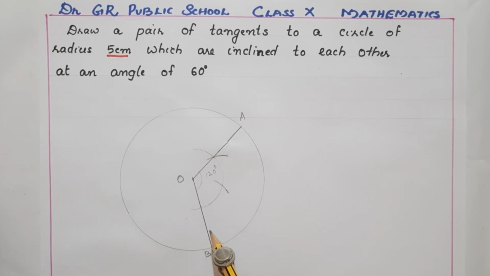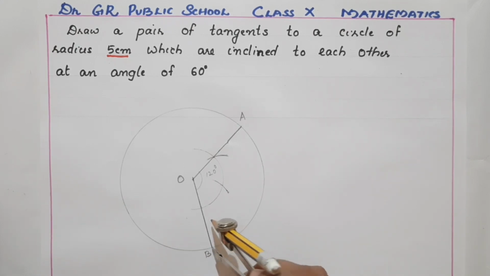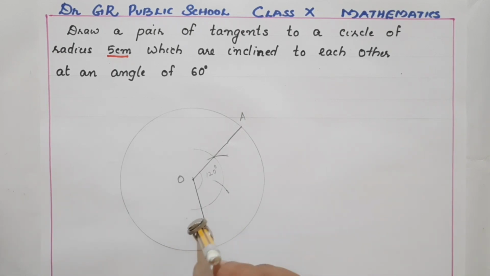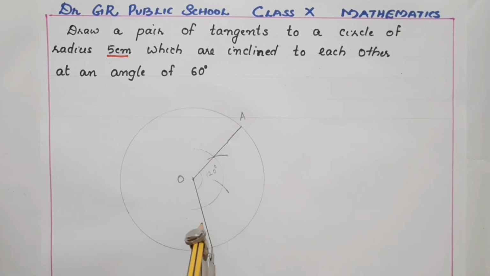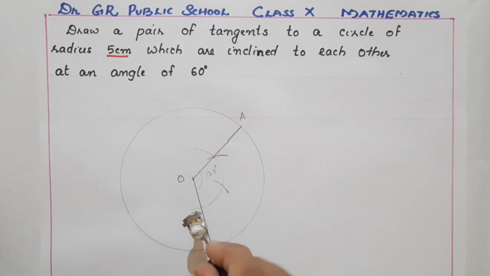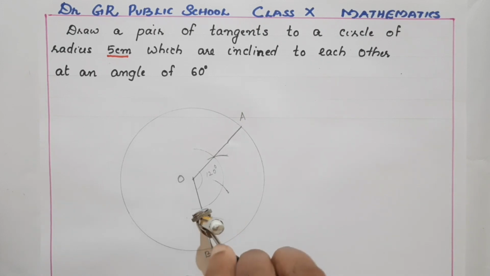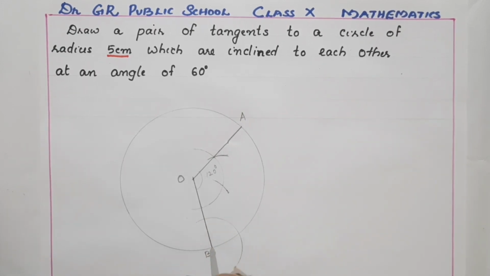So fix the compass at B. And 90 degrees is in the middle of which two angles? 90 degrees is coming in the middle of 60 degrees and 120 degrees. So we have to bisect the angle between 60 degrees and 120 degrees. So first let's have the 60 degree arc and then the 120 degree arc. You know how to get them.